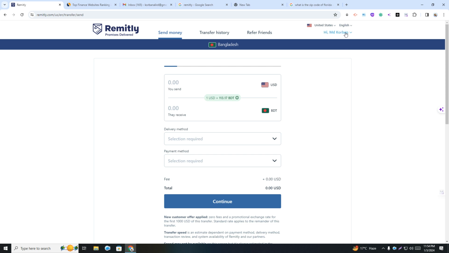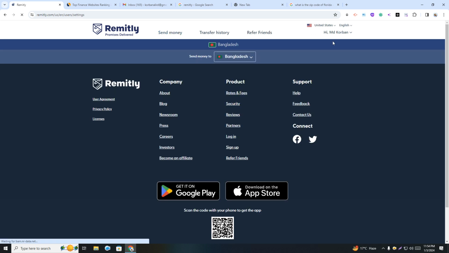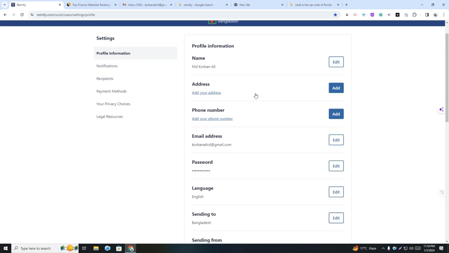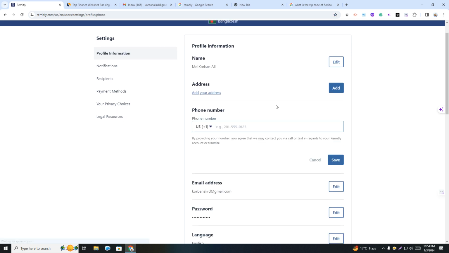You can see it's my name. Simply click on the down arrow and then click Settings, and then you will get the page here. It's called the Settings page. Simply click here, Add, and you can see the phone number, and then you have to choose the country